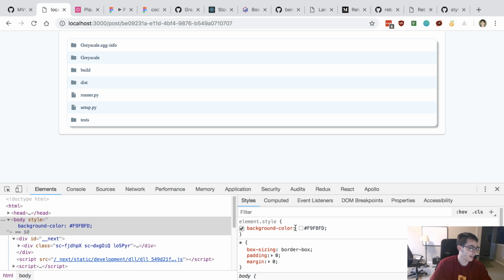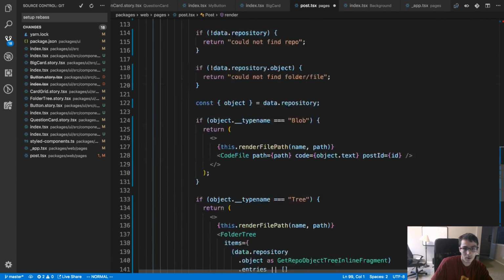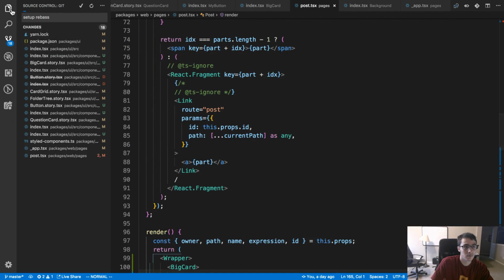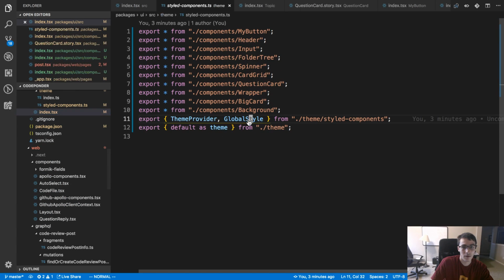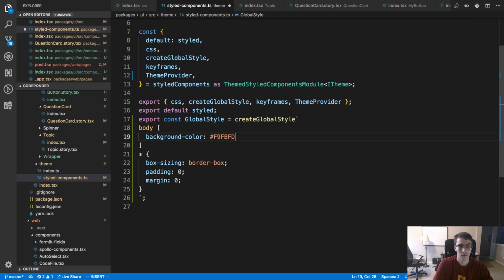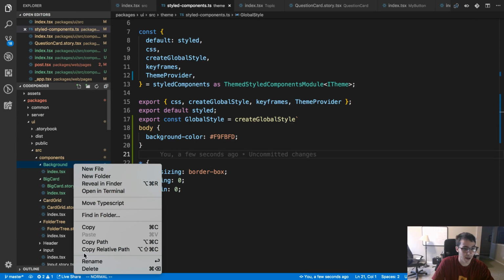Yeah, that works. Now we don't really even need this background component.